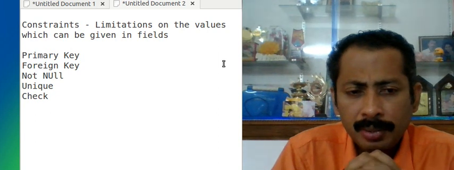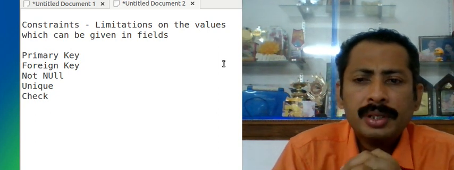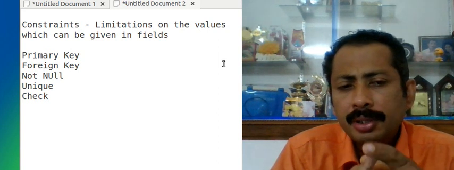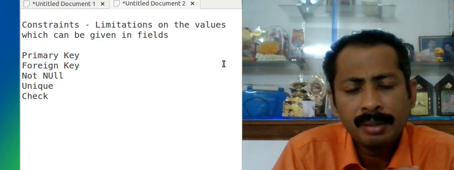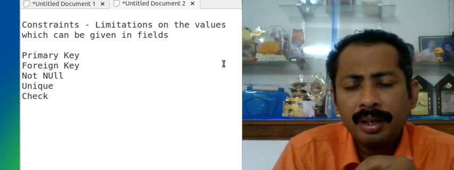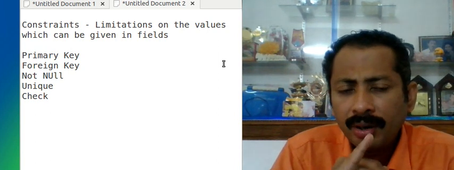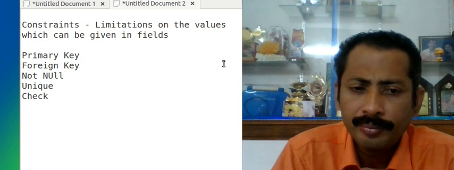So constraints are limitations on the values which can be given in the fields. So primary key means the key which is selected by the programmer for identifying the record uniquely. Foreign key is for establishing a relationship between two tables.